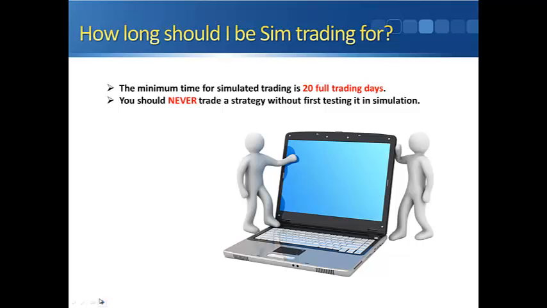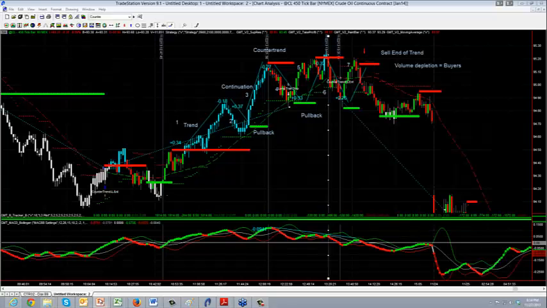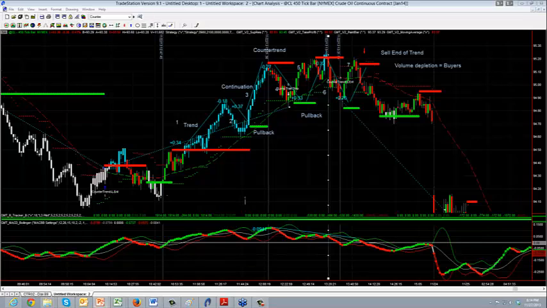So obviously we know that the sim trading goes for 20 days. Now I'm going to just cancel out of that and jump straight into the charts here. I want to take you through my strategy methodology for the systems that we have in play at the moment, and I'm going to explain what each of these components are based on. When you're looking at your strategies or systems, this may give you some ideas about the strategies that you potentially may be looking at putting together.